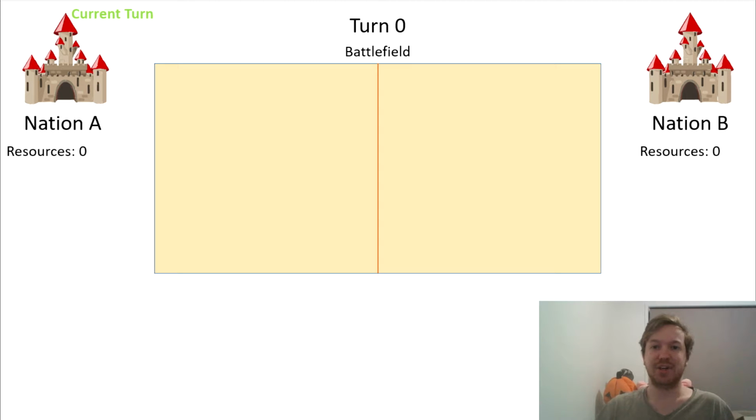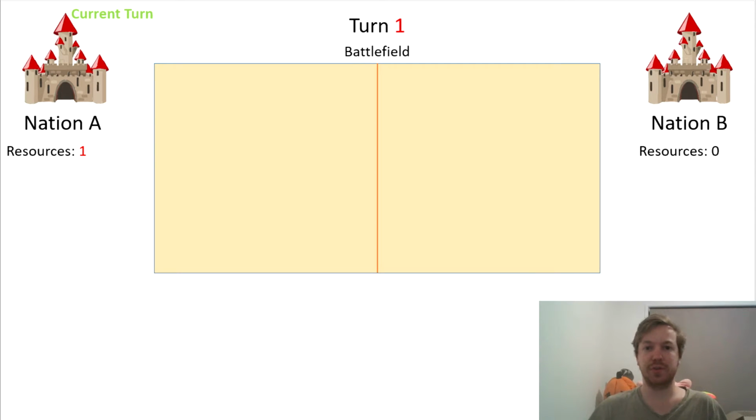At the end of each turn, we'll assess the combat strength of each army and determine which one is ahead. So, on the first turn, Nation A goes ahead and decides to do nothing, holding its resources back until Nation B is ready to strike. Currently, neither nation is technically ahead on the battlefield, but Nation A does happen to have a resource advantage at